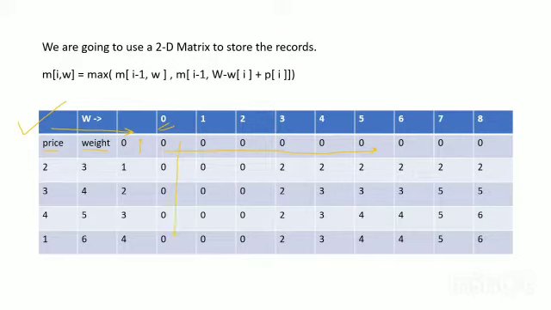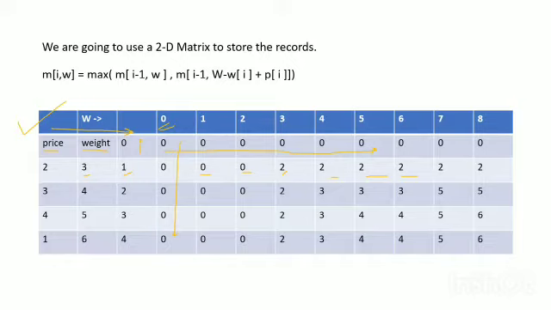Moving on, when the value of i becomes 1, the weight of the item is now 3. So when the knapsack weight is 1, we cannot store it. For 2, we cannot store it. For 3, we can store it. Hence, the profit for the item of weight 3 is 2, so we are going to write 2 over here. Similarly, we are going to fill this part. We can do this very simply, because before 3 we don't have any other element, so obviously the maximum profit that we can have is 2.